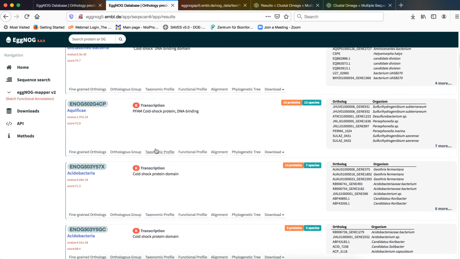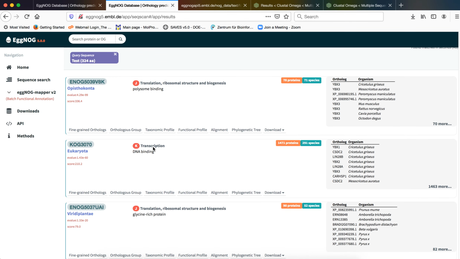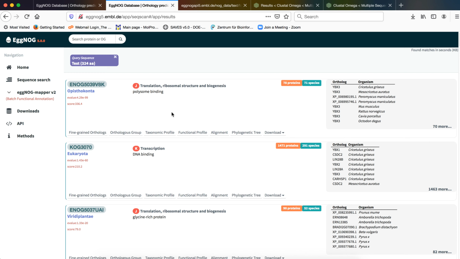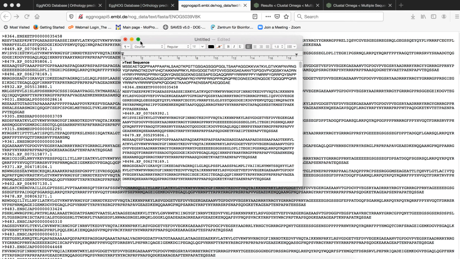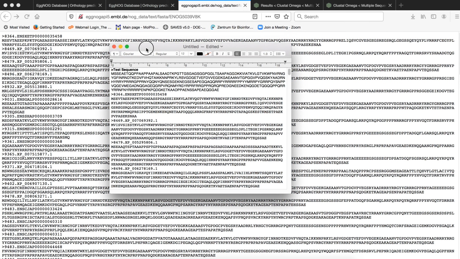So what we need to do from this particular segment, since we are focusing on the most prolific orthologous group, which is Opisthokonta, is try to download the sequences corresponding to Opisthokonta. There are 78 sequences, and all of these sequences are available in FASTA format. If we click on this, then this page will open, which contains all the 78 sequences belonging to this orthologous group. We will copy these sequences and paste them in a notepad file. As you can see, this notepad file has been created.